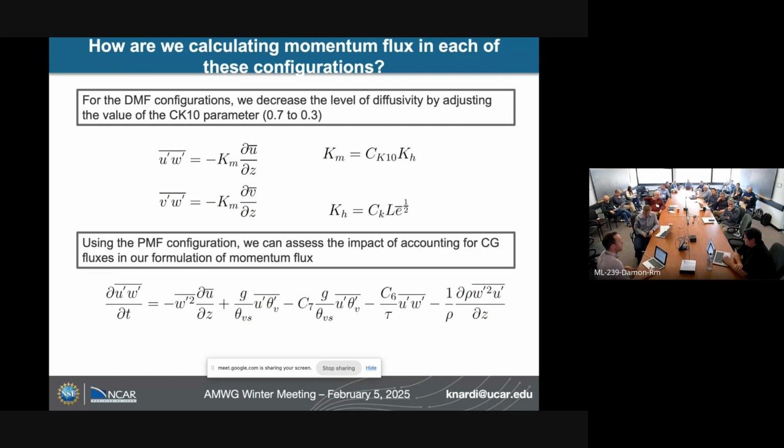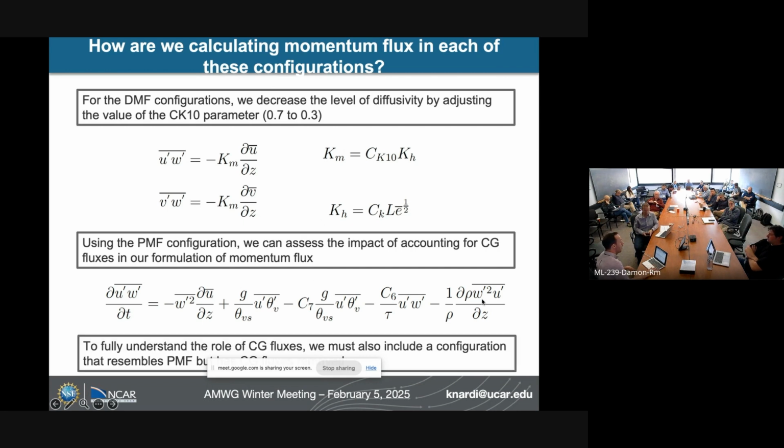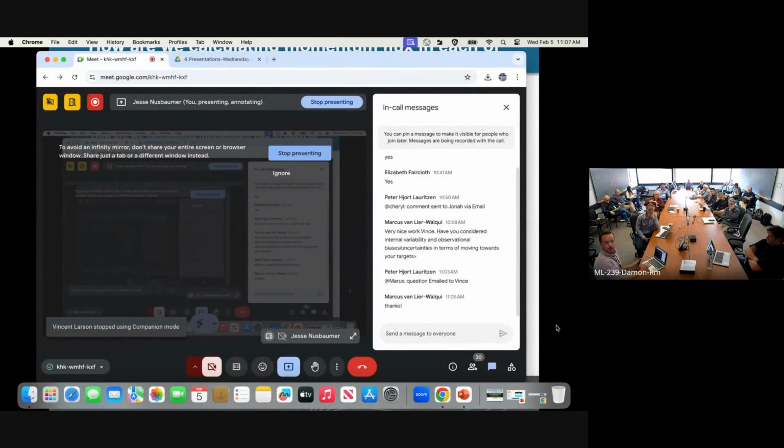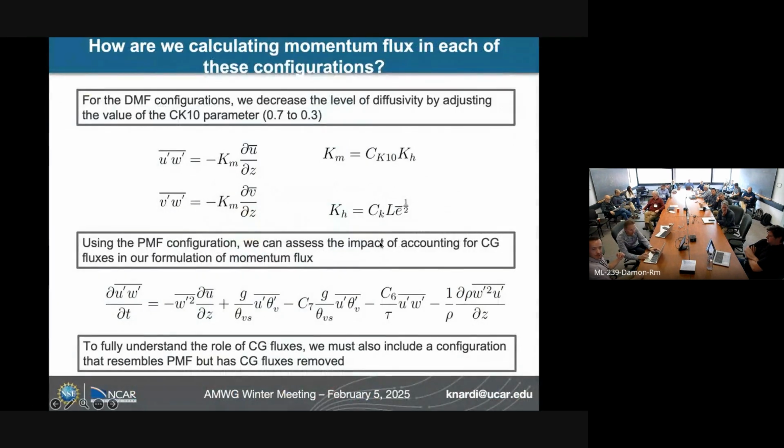momentum flux. Now, for the prognostic momentum flux formulation, we're essentially using this equation here. That's a time tendency for momentum flux, and it importantly includes impacts from buoyant production and also turbulent advection. But then to fully understand the role of countergradient fluxes, we need to include a configuration